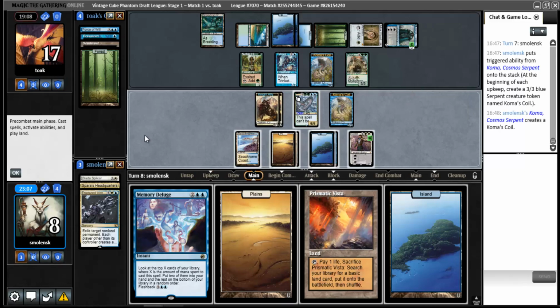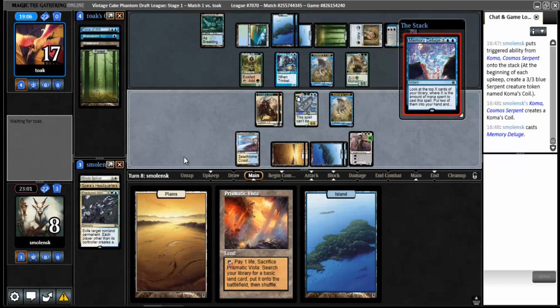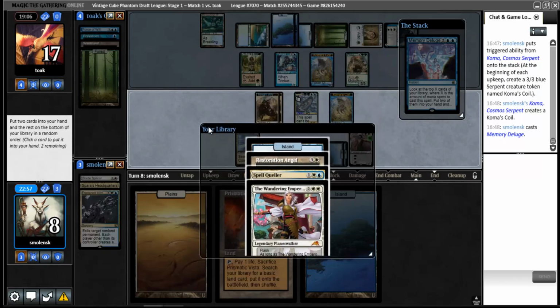alright, so now what? I think I should main phase Memory Deluge to see what I can get. Maybe I can find Source of Plowshares. I think it's better to do this now. Alright, Resto. You don't want to Resto Coma. He just dies. You get Spell Queller or... Huh, this is tough. I think...